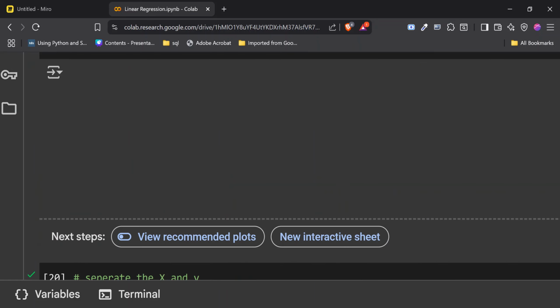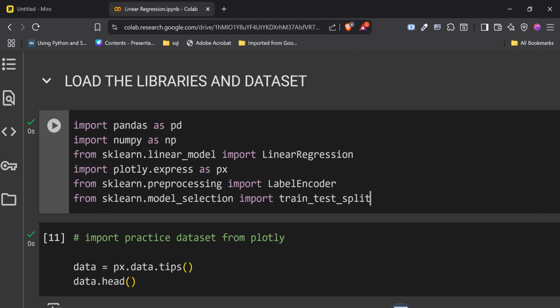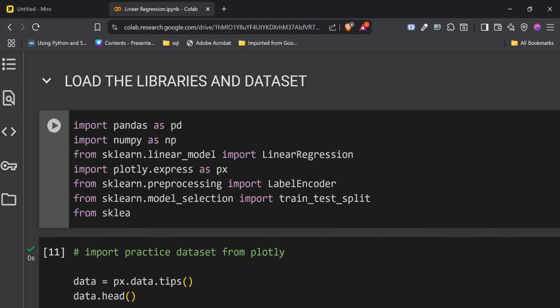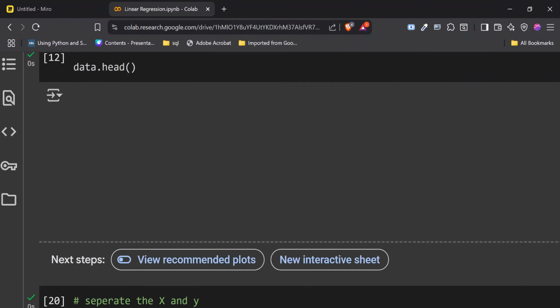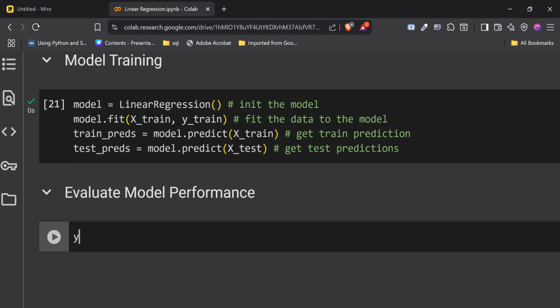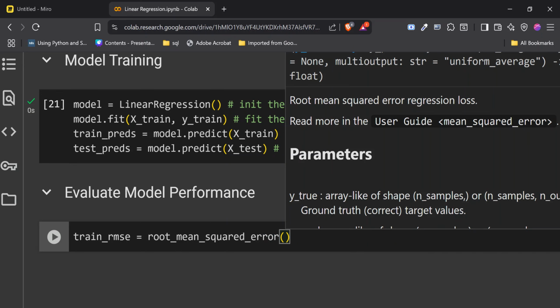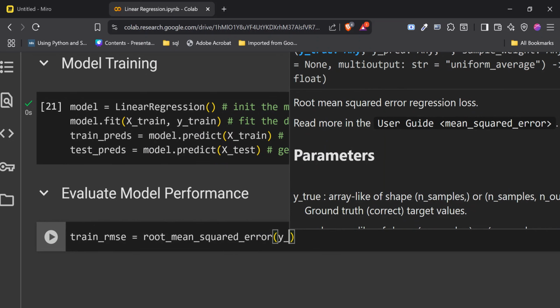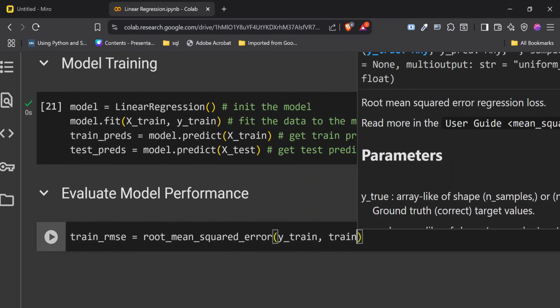So we are going to go up again. There's a library for doing that also, which is the RMSE. So we say from sklearn.metrics. Majority of the things you are going to need are all in sklearn. So from sklearn.metrics import root_mean_squared_error. And we can come all the way down here and say train_RMSE is equals to root_mean_squared_error. The first thing it takes is the y true, what actually happened. So that's going to be y_train, comma, what the model predicted.